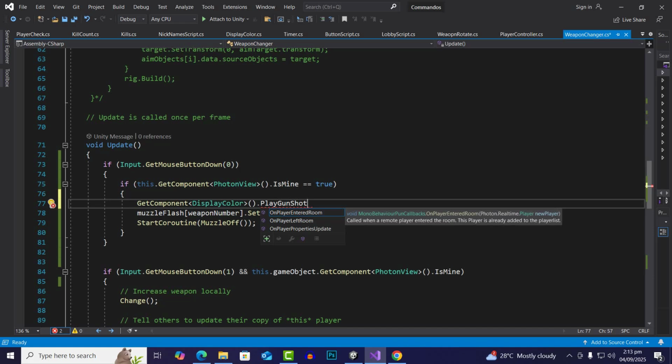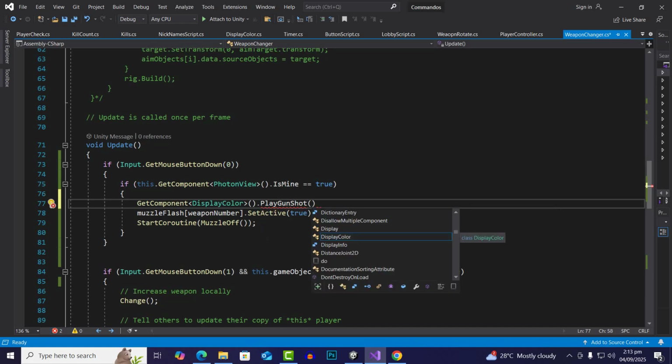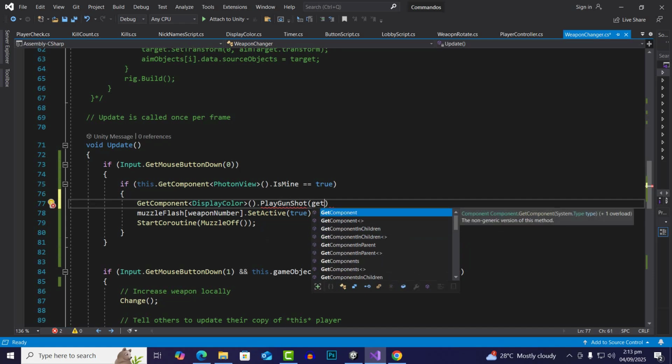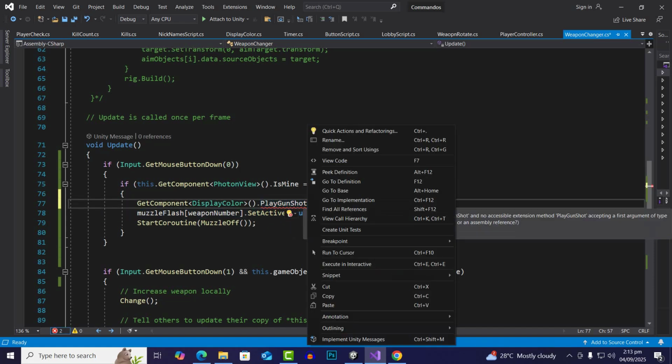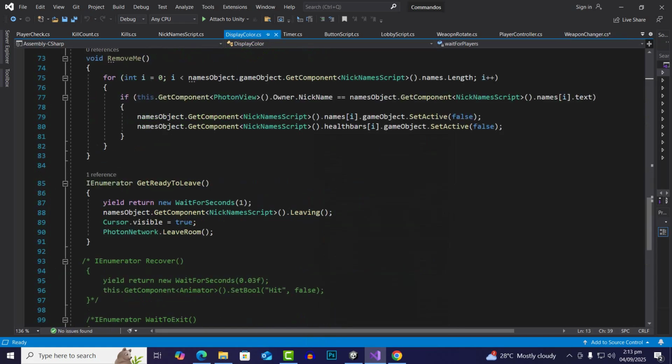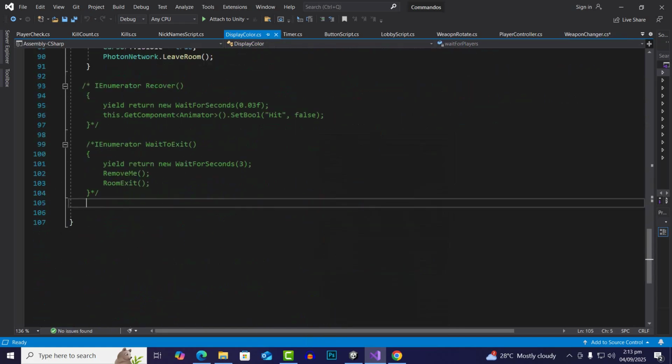So this will be the function, and inside the weapon changer we will get the component, and I think we can create this play gunshot function first in the display color script. So we can move here in the display color script,